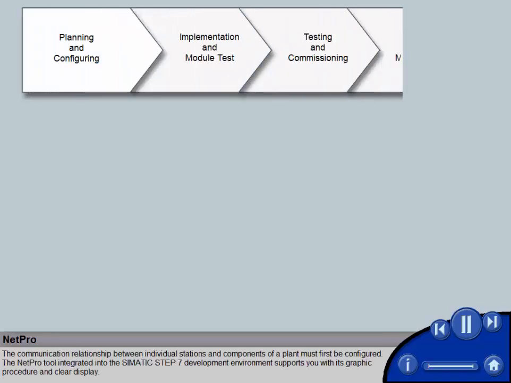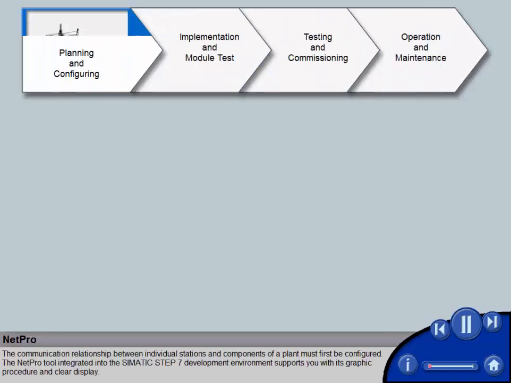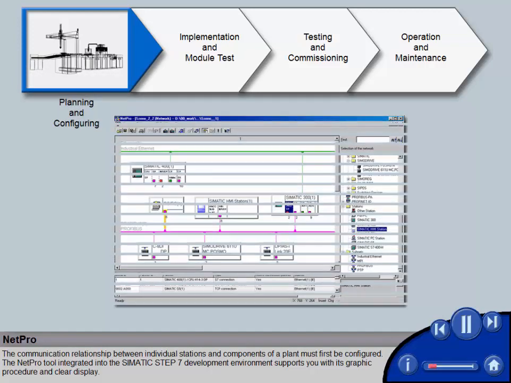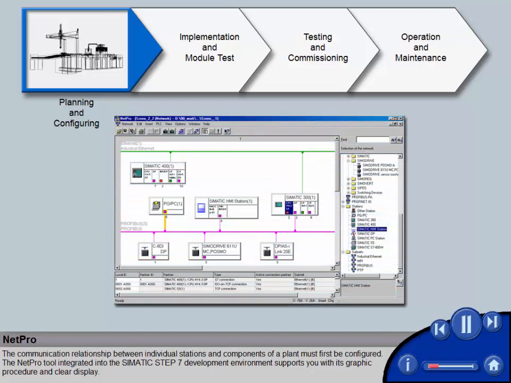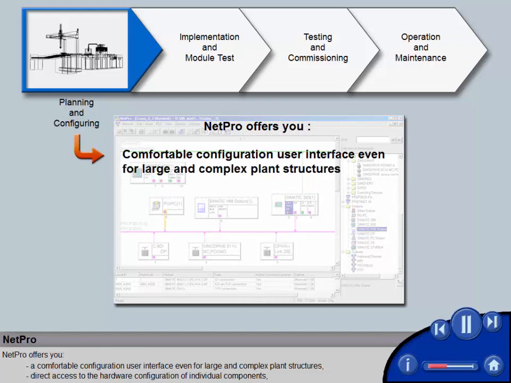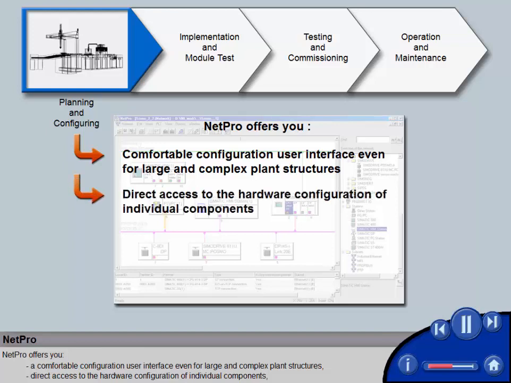The communication relationship between individual stations and components of a plant must first be configured. The NetPro tool, integrated into the SIMATIC Step 7 development environment, supports you with its graphic procedure and clear display. NetPro offers you a comfortable configuration user interface, even for large and complex plant structures, direct access to the hardware